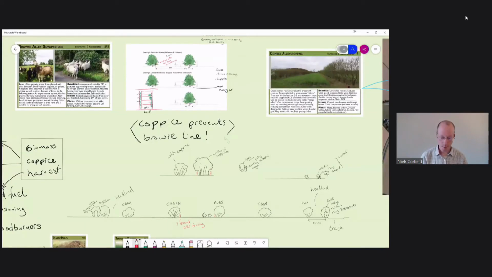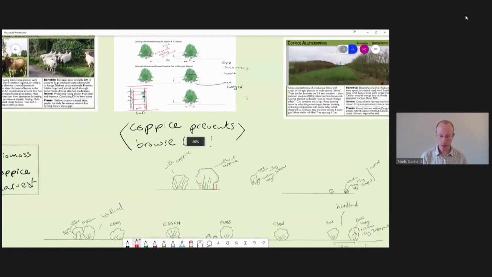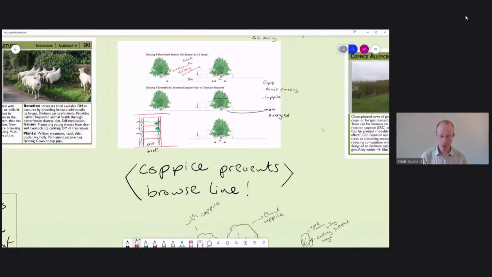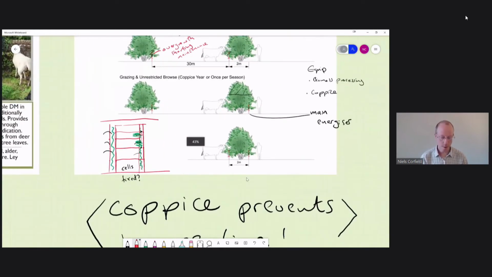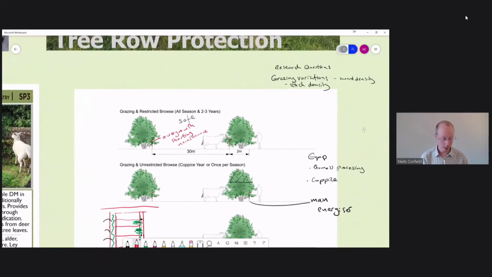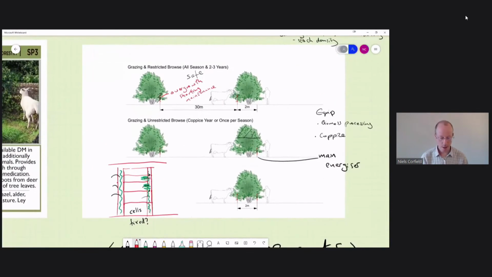And one of the reasons why we're coppicing the rows is to avoid them being browsed up. Because obviously over the years, a browse line would normally form in any contiguous row or a hedge, for example. So in this instance, we'll keep them stock-proofed with 2-wire temporary electric fencing. And then towards the end of the season, for example, we can either allow them access to the whole stool for grazing,